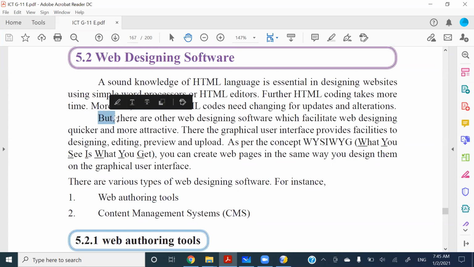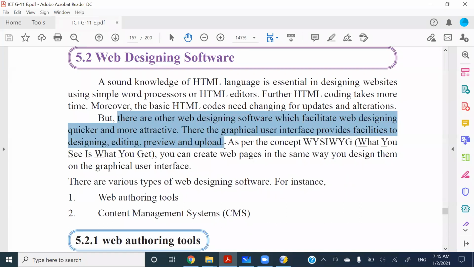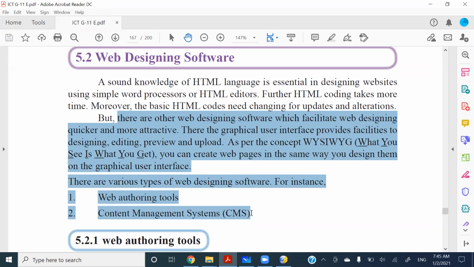Don't use the but word. Start it from there are other web designing softwares which facilitate the web designing quicker and more interactive, and it's better you go up to this particular point,